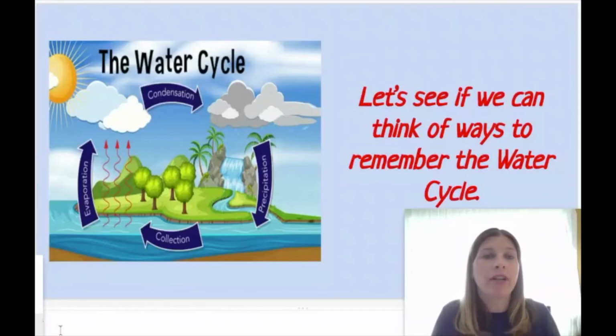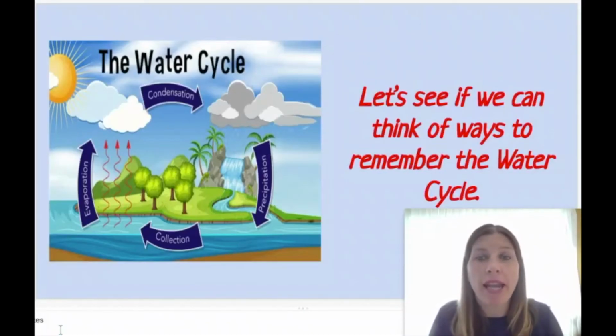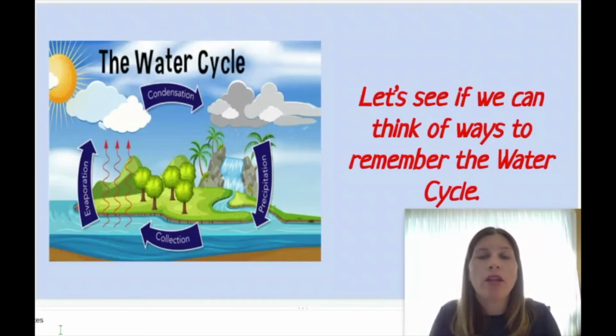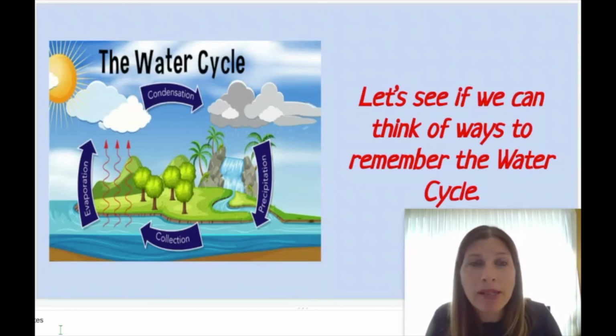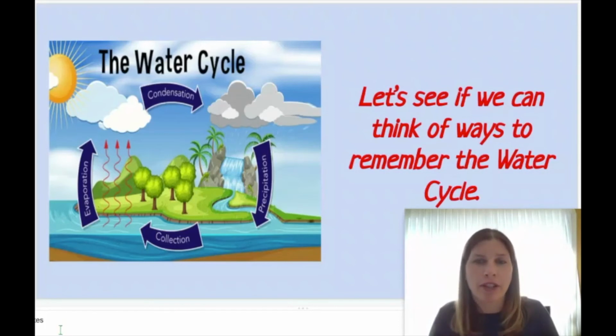I know that we covered a lot learning about the water cycle today, so I thought it would be fun if we thought of ways that we can use to remember the water cycle. What's a way? Does anyone out there have any ideas? Ooh, someone said draw it and keep a poster. That's a great idea. What's another way you think? Ooh, can we learn a little hand movements maybe? That could definitely help us. Let's start with that way first.